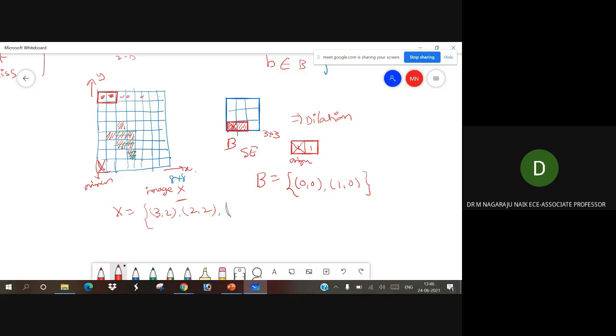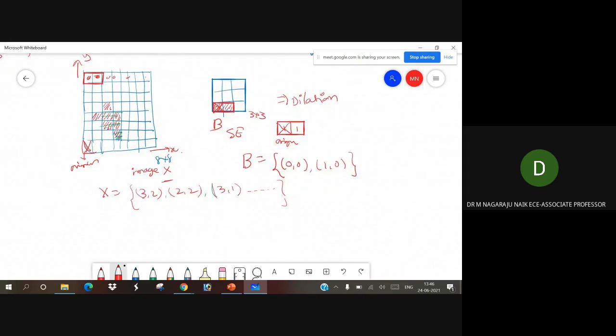So what is that one? So that value is again 3, 1. Like that you have to take that. And this one also, 4, 2, right?